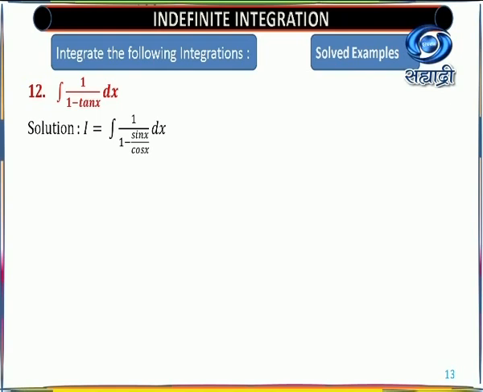So integral 1 upon 1 minus sin x upon cos x dx. Now what? You'll take the LCM. Once you take the LCM, you know that it is cos x upon cos x minus sin x dx. Okay. Now this needs expansion, so only then are you able to substitute. This way you start thinking. Are you able to separate out? No. Are you able to rationalize? By rationalizing, what will you get? You will get cos square minus sin square. No use of it, because you are having only cos x in the numerator.